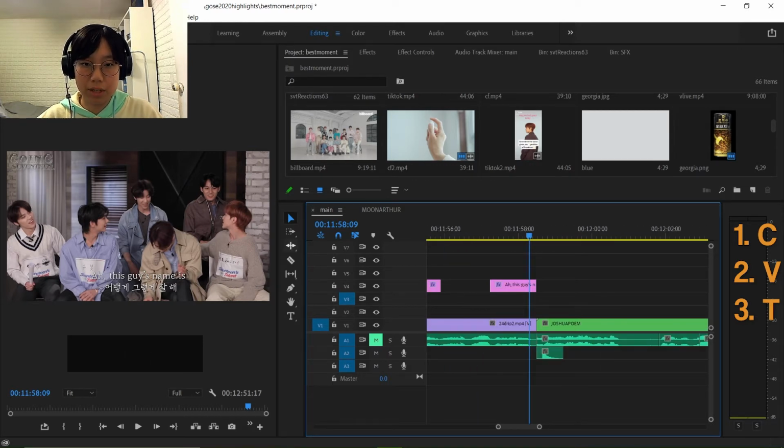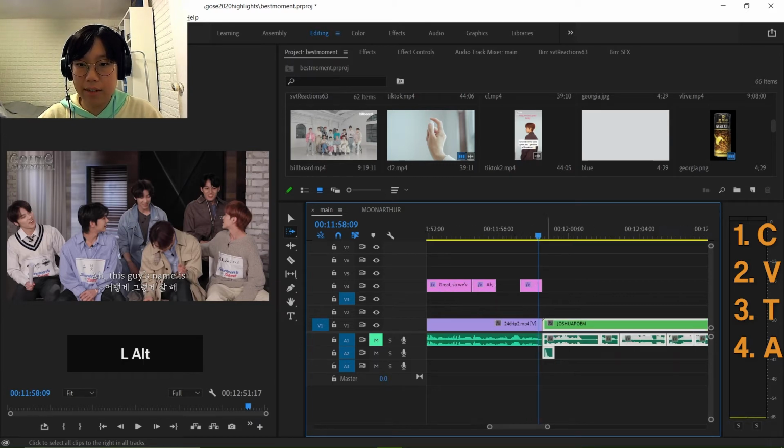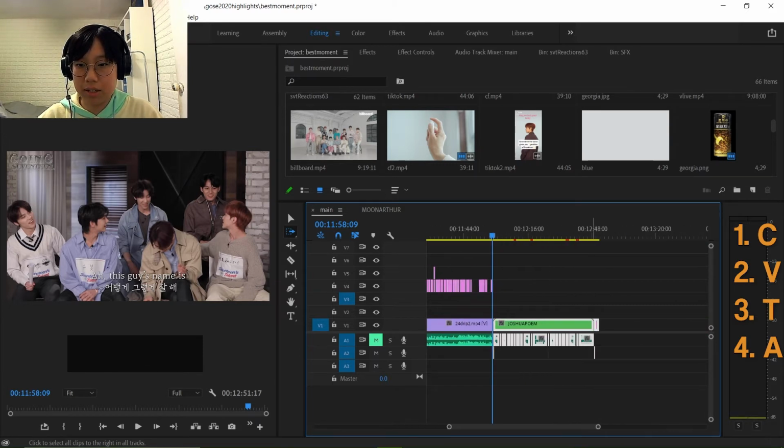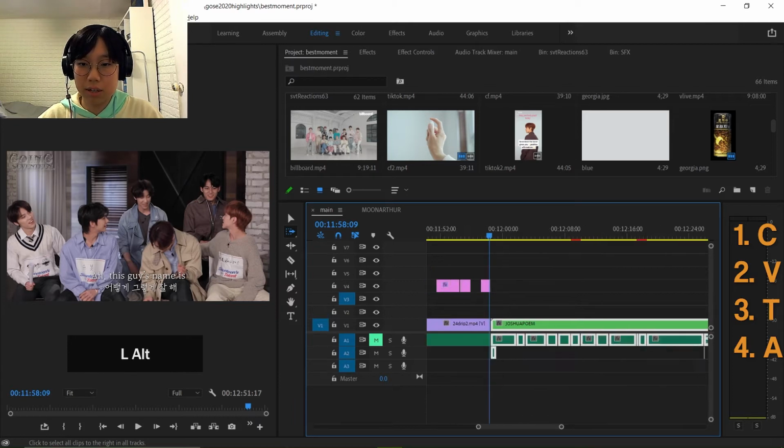That's when your A tool comes in handy. So you hit A on the keyboard, and this selects what's called the track select forward tool. I just think of it as A for all or forward, I don't know. Anyways, once you hit this on your timeline, if you click, it will select everything that's in front of the place you clicked. So everything from where you clicked all the way until the end.